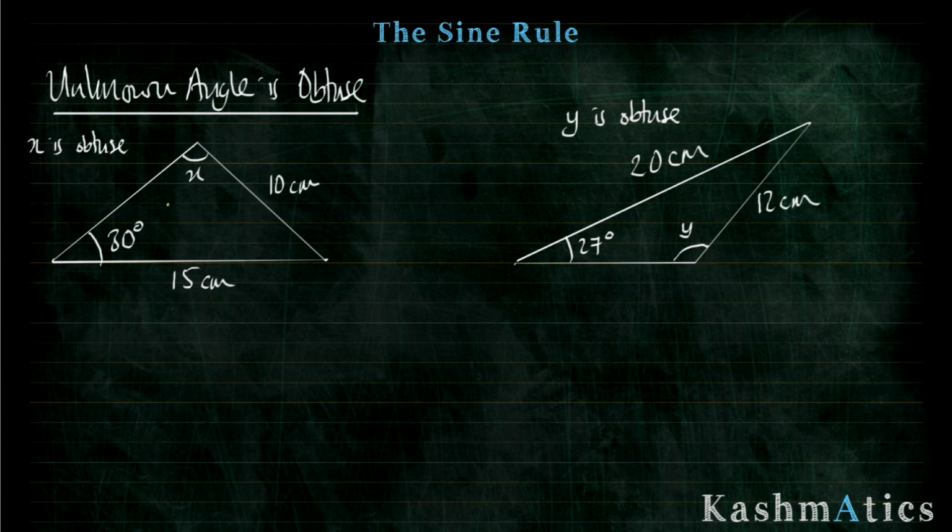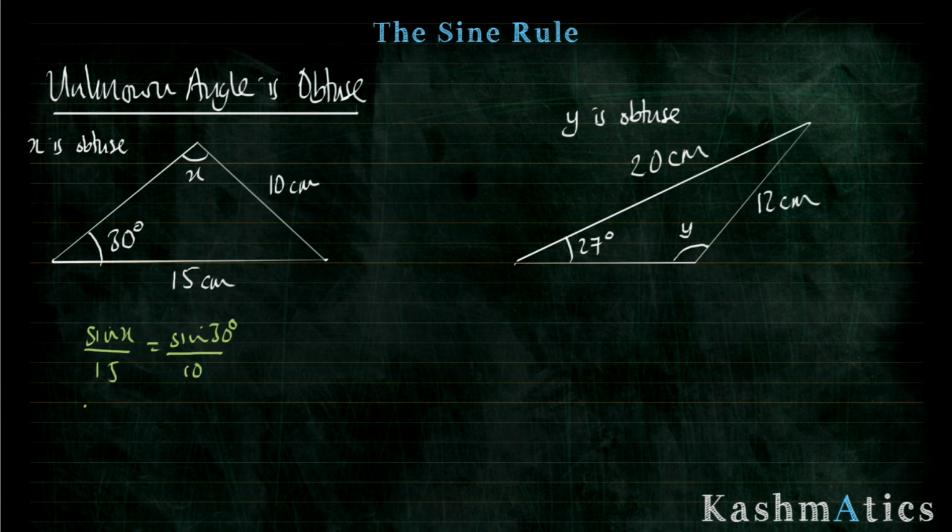So look at the question carefully and make sure if it says x is obtuse, that you deal with it in the way I'm about to show you how to deal with it. Okay, so let's just start off. So you start off with sine x. Sine x divided by the opposite side, which is 15, equals sine 30 divided by the opposite side, which is